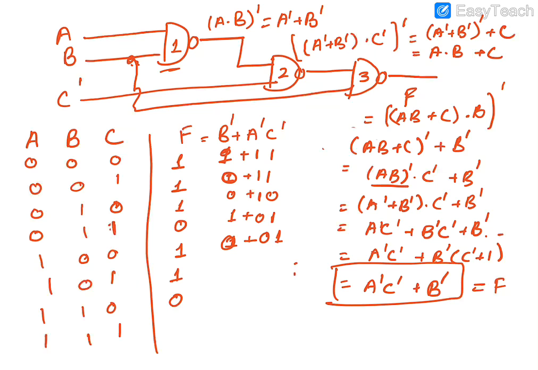For 1 1 1, as B prime is 0, A prime is also 0 and C prime is 0, so output is equal to 0. So you can see if there are NAND gates only, NOR gates only, or any circuit involving a combination of AND, OR or XOR gates, you will write the truth table in this form, okay,